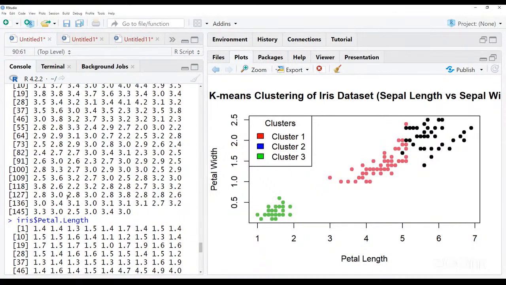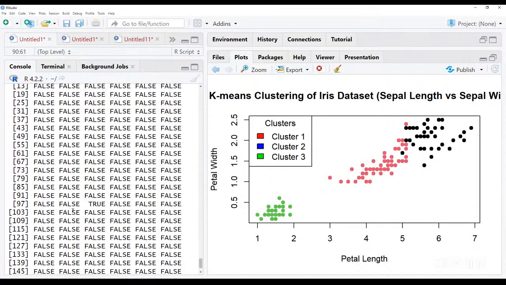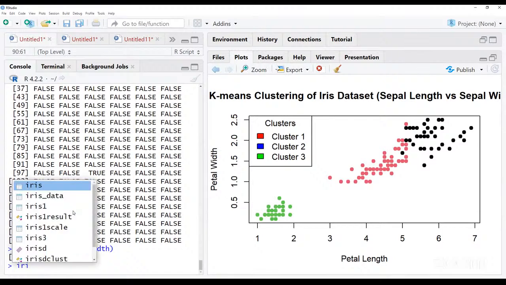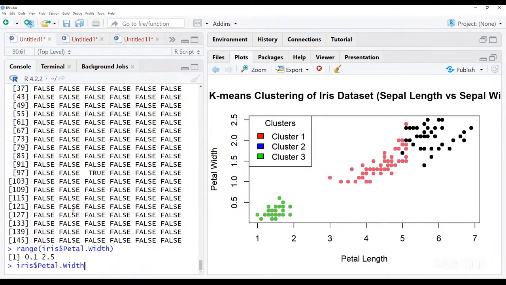So you write down iris dollar petal width, not equal to, it is greater than 1.0, greater than sign, 1.0 and ampersand